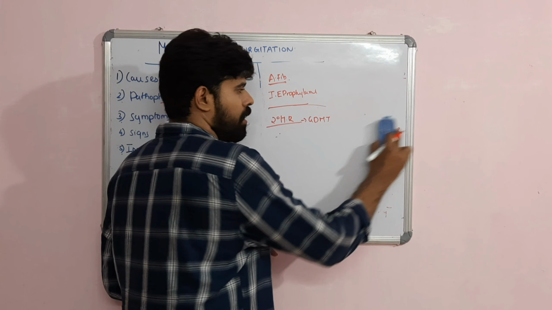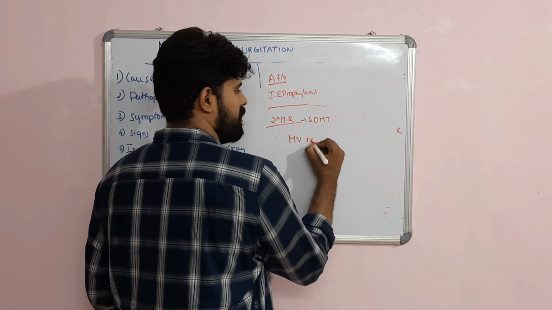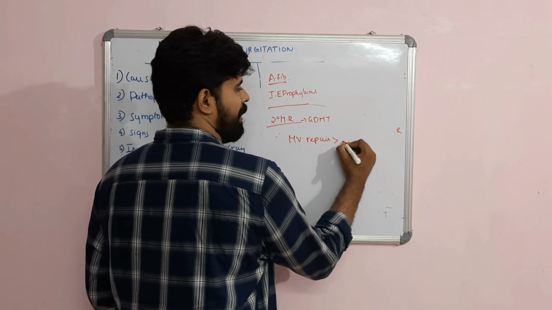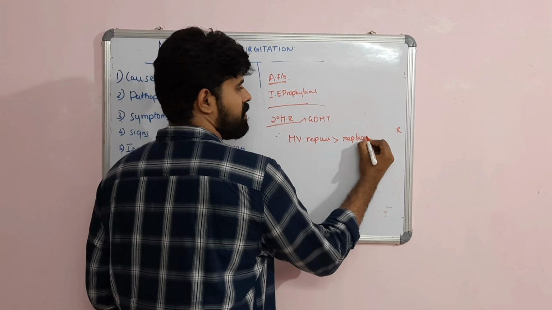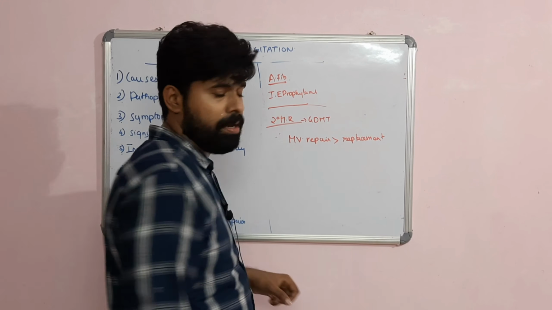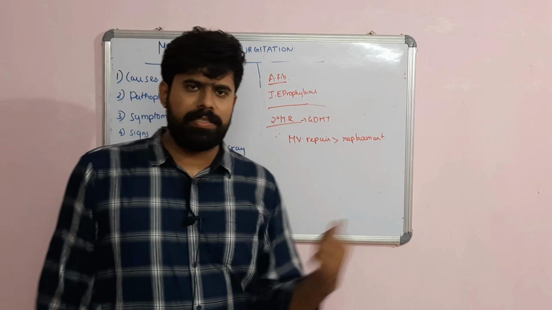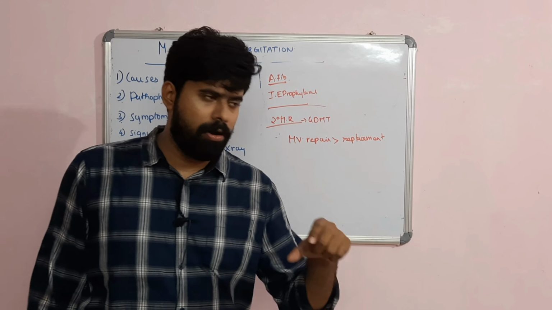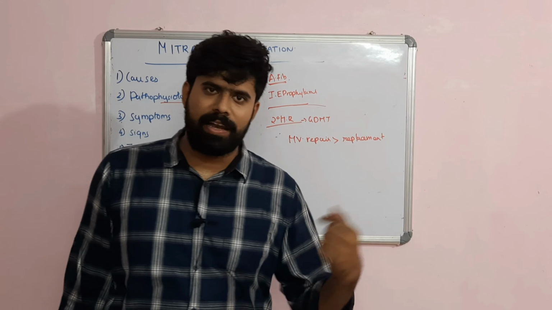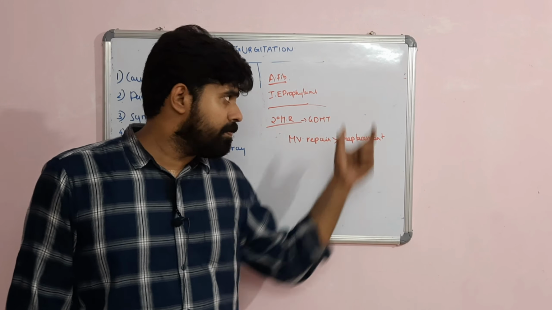So what surgery? Always go for mitral valve repair. Mitral valve repair is preferred over replacement. This is because replacement has a high risk, you have to anticoagulate the patient for a long period of time, and surgical mortality is very high. So we'll go for repair. Repair involves valvuloplasty with an annuloplasty with an undersized rigid ring. They can be tried in most of these patients.